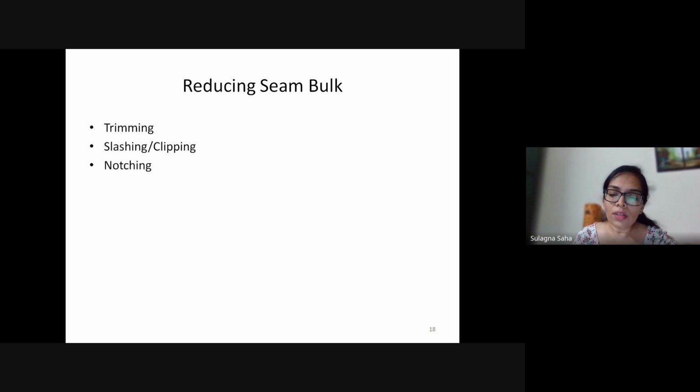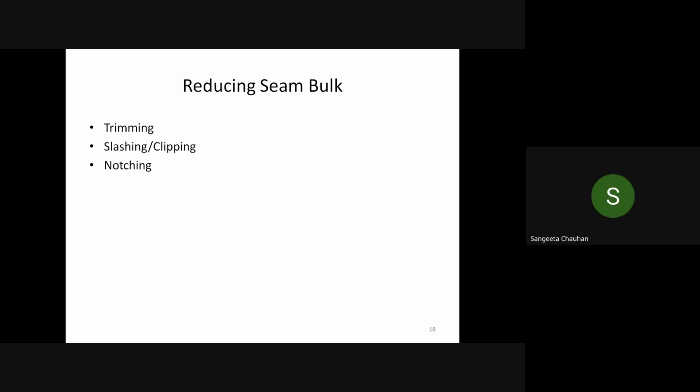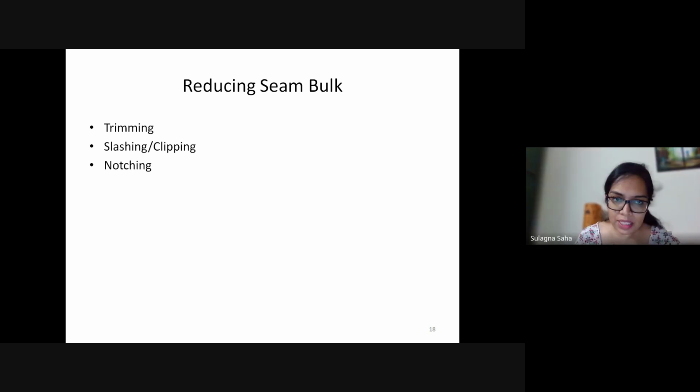Now we have spoken about seam allowances while we were talking about patterns. Again, students have a tendency कि थोड़ा ज़्यादा ले लेते हैं, what if the stitching goes wrong? So seam allowances often interfere with further construction steps, and might create a lot of bulk.